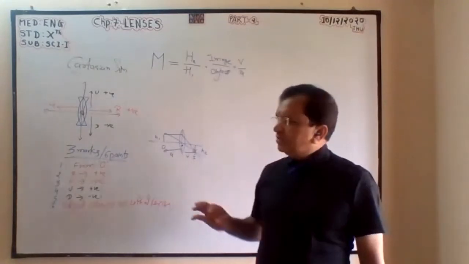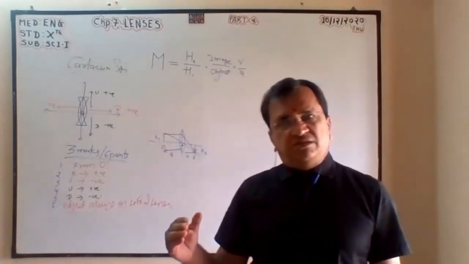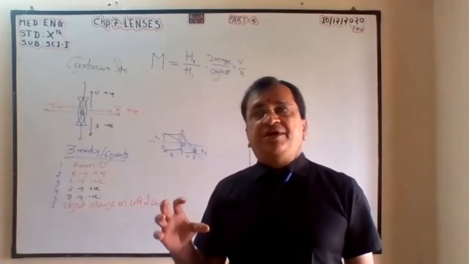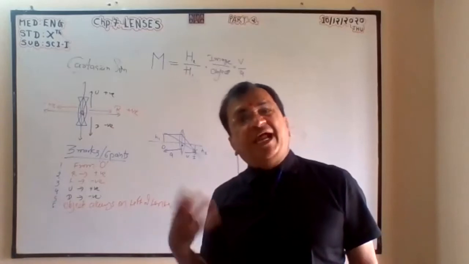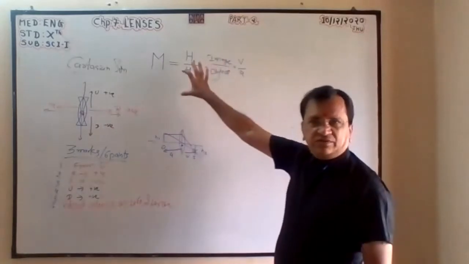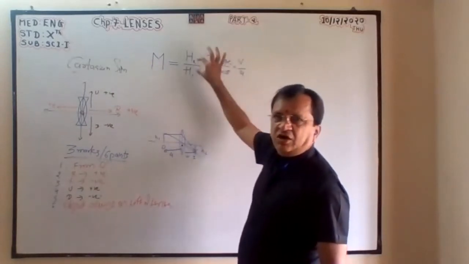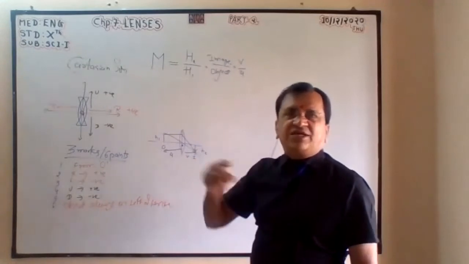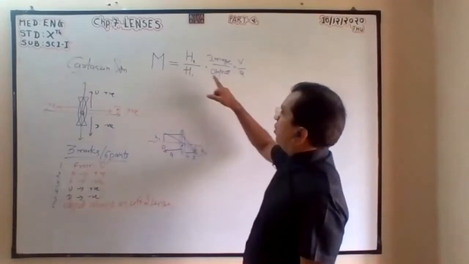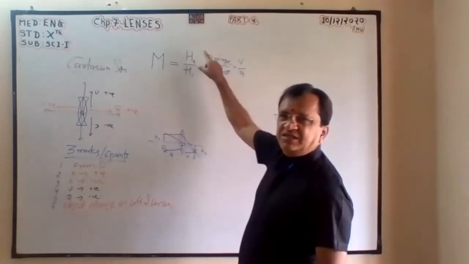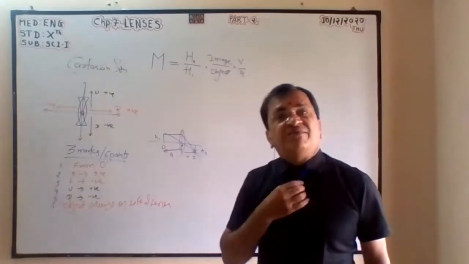Magnification means what? In the table I have written diminish. How much diminish? Half, one third, one fourth, one tenth. I have written magnifying means double, triple, 5 times, 10 times. How much? So that we can find out. Suppose image is 20 centimeter and object is 10 centimeter. So by cancelling you will get 2. So image is double. Suppose object is 20 and image is 10. So 0, 0 cancel, 1 by 2 means 0.5, means half the image you are getting.